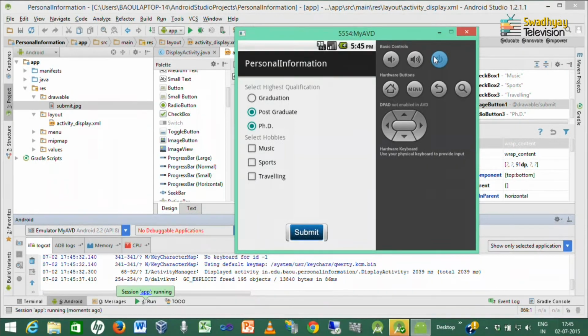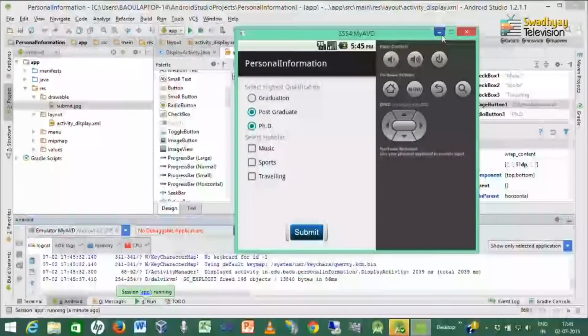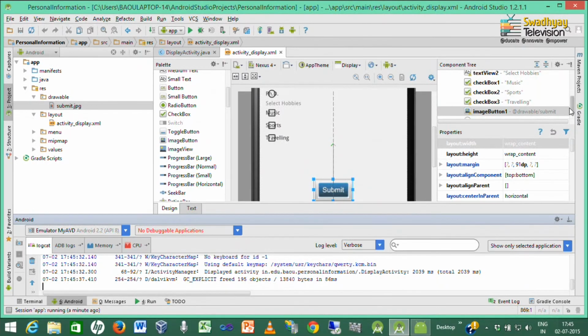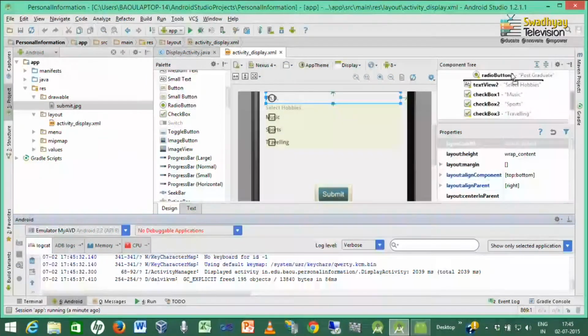So, probably radio button 3 is not moved inside the radio group, that is why this happens. So, here we have to move radio button 3 inside the radio group also.